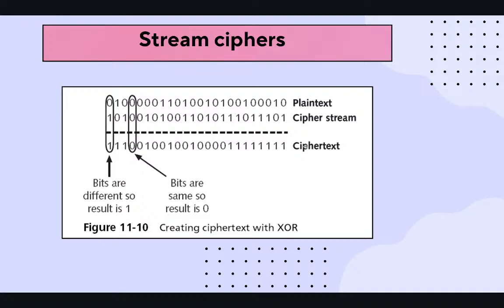So, on to stream ciphers. In stream ciphers, you have a plain text stream and what is known as a key stream, and you XOR the key stream with the plain text stream to get the ciphertext. We can generate the key stream in many different ways. Many algorithms take in a key and expand it to the length of the plain text, and then XOR them together to get the ciphertext.